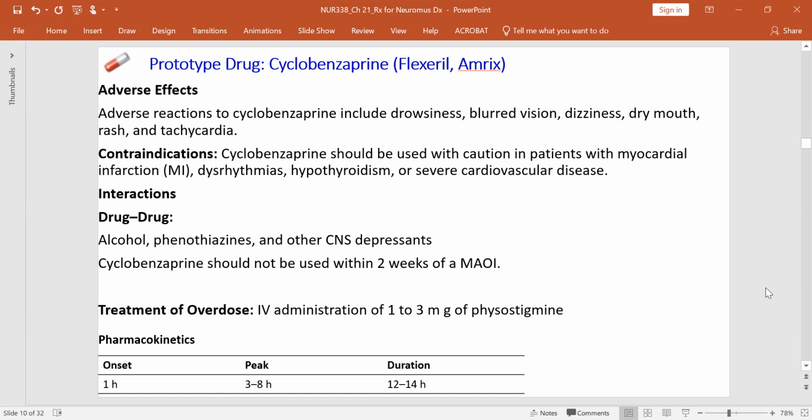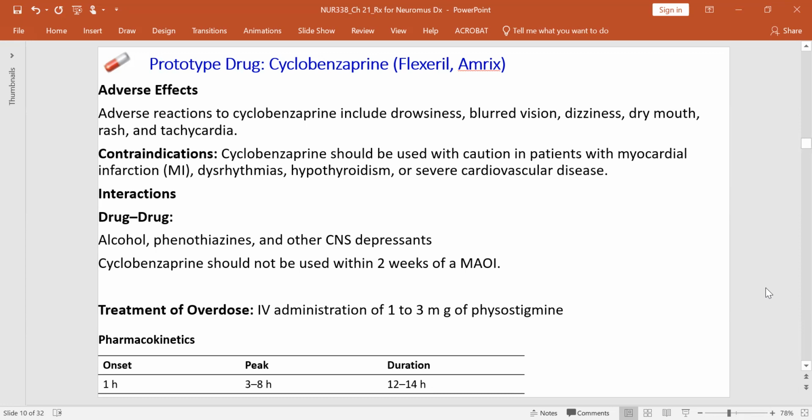To treat the overdose, give IV administration of 1 to 3 milligrams of physostigmine. It was reported that when we give physostigmine 1 to 3 milligrams IV, it will reverse the symptoms of poisoning or overdose by this drug, because of its anticholinergic activity. So this drug, cyclobenzaprine, has an anticholinergic activity. We treat it with a cholinergic drug like physostigmine,